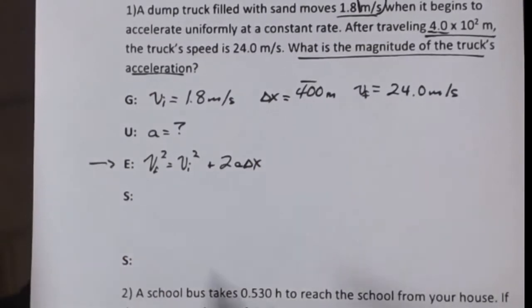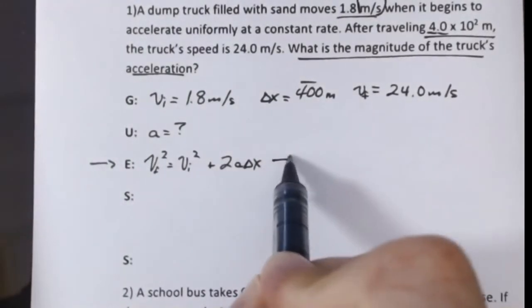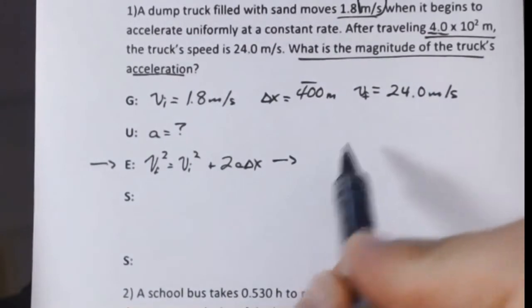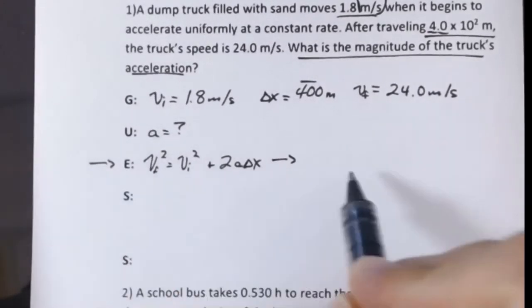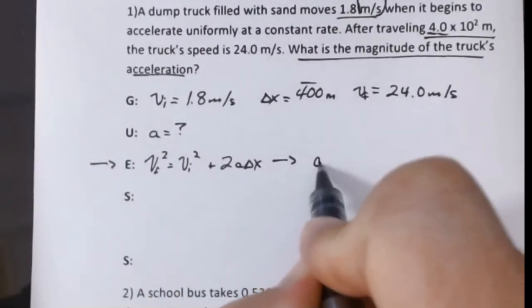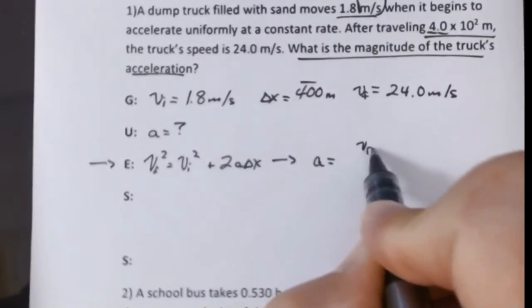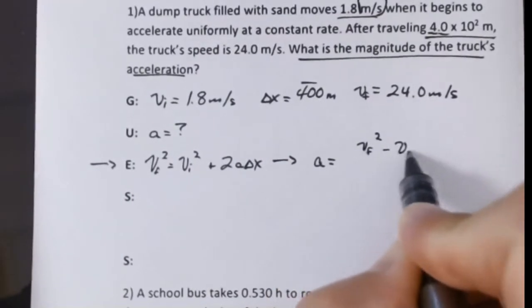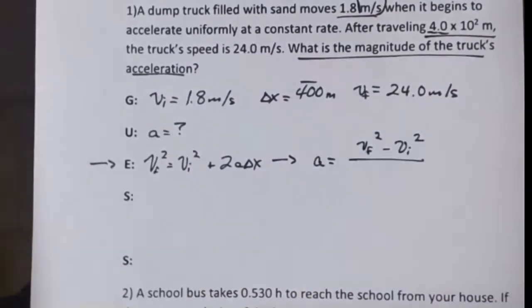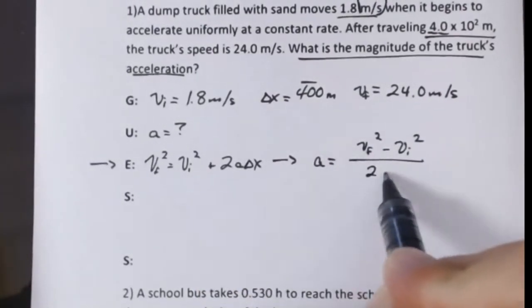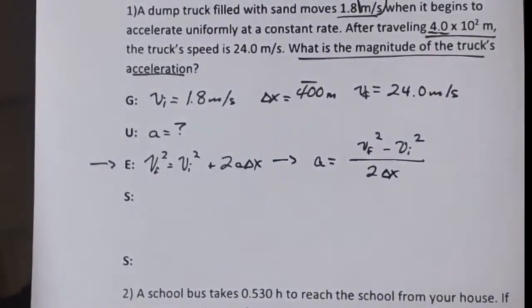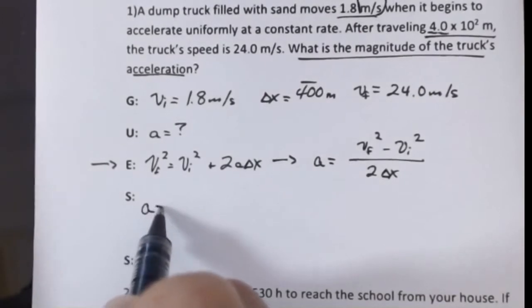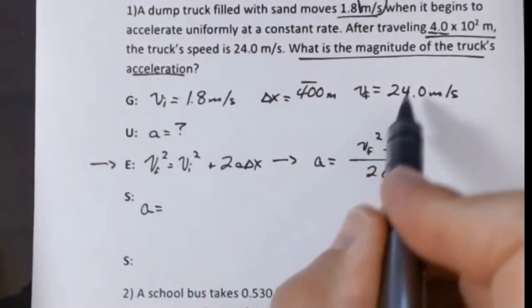And now we can substitute and solve. Actually, we could do a little rearranging to isolate for A. So we're going to bring the Vi squared over, so we'll have A equals Vf squared minus Vi squared over, and then the 2 and delta x have to be divided through, so 2 delta x. Now we can substitute and solve. The acceleration equals